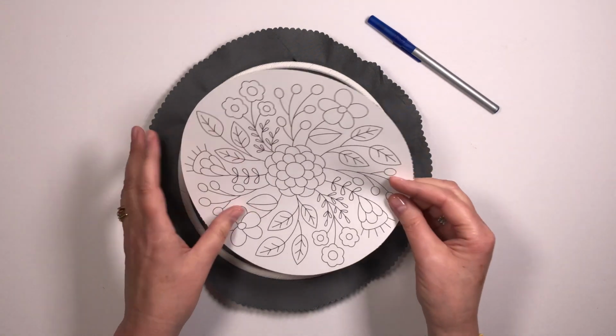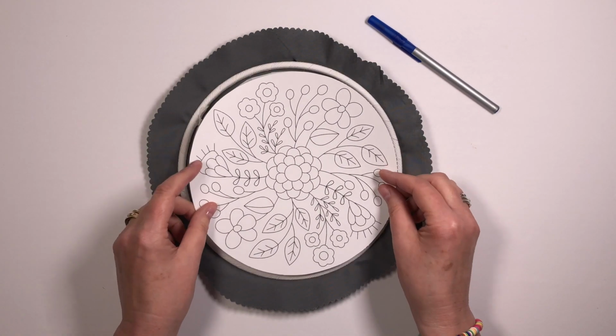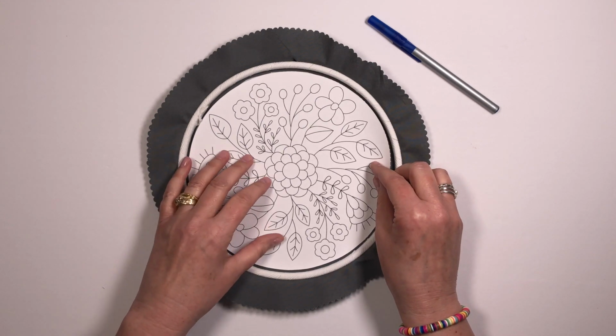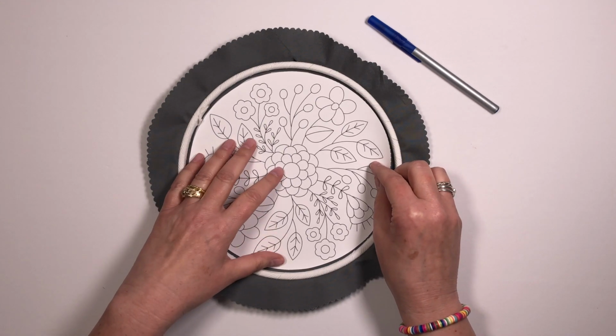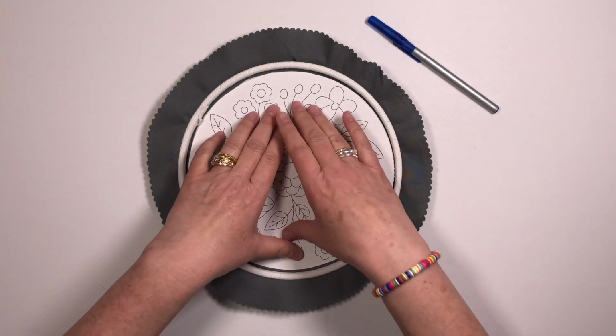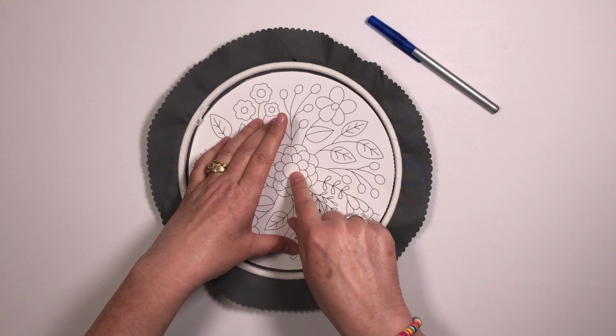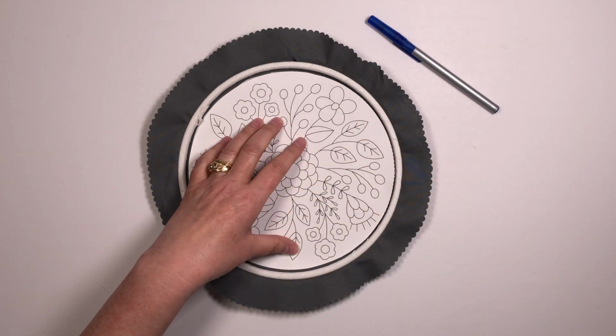And I am picky about how my transfer goes. I think it goes just like that. I like it to be centered. I know it's just a thing with me. So I am centering that, and now with the pattern facing up, there's one other supply I forgot to tell you you're going to need,